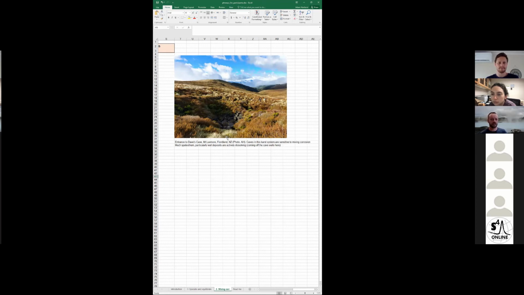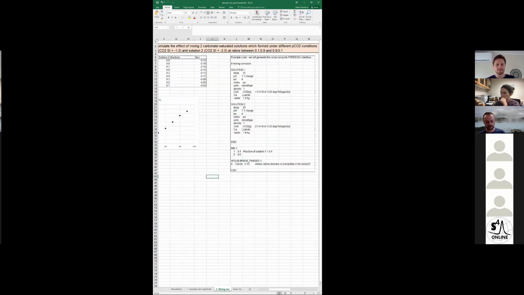There are some places where there's still active deposition, but also there's extensive corrosion of the cave systems here. And that's surprising given the conditions that are present. There's abundant vegetation, certainly lots of dissolved organic carbon dioxide. So why are the cave formations dissolving? And my suspicion is it's got something to do with this process called mixing corrosion, which you may or may